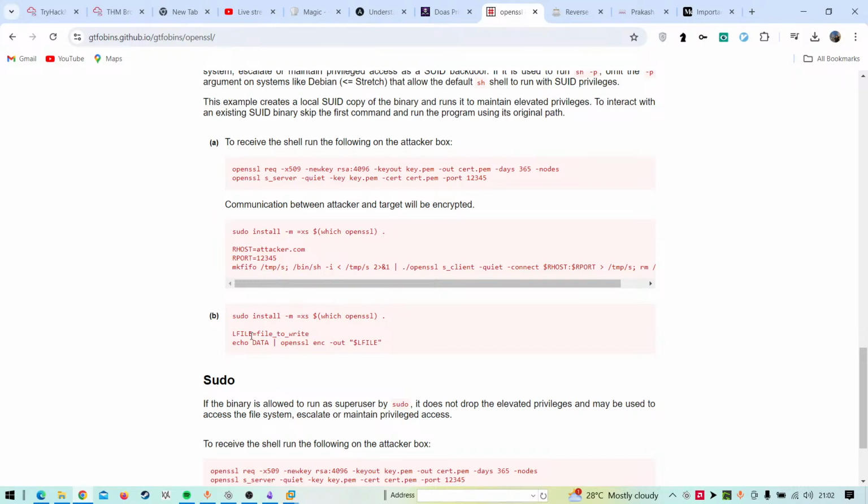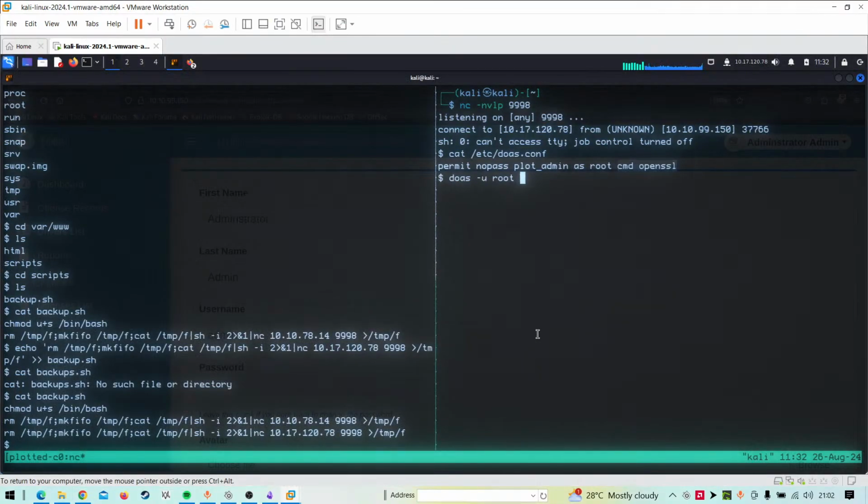So we have to give a file, let's say $file equals to /root/root.txt.